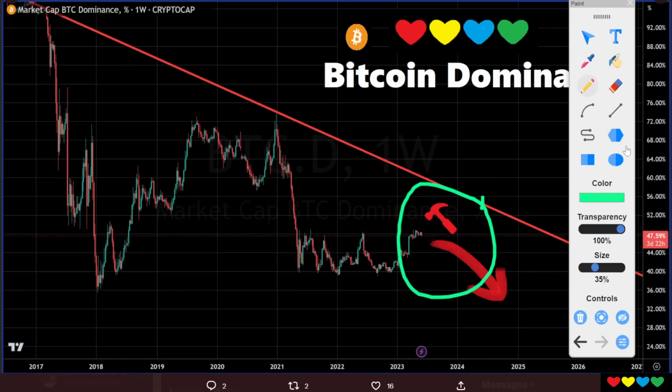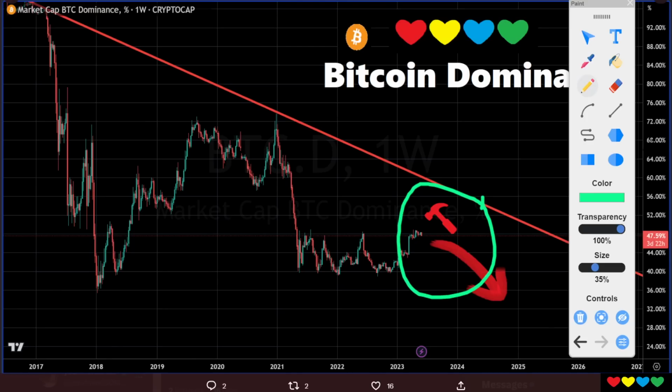2012, 2016, 2020 was the DeFi, Compound, all those things, the DeFi, DEXs, you had Uniswap. Okay, so that was 2020's one. 2024, we don't know what it's going to be, but it's going to be something. And when this comes, that's probably where the edge is actually going to be.